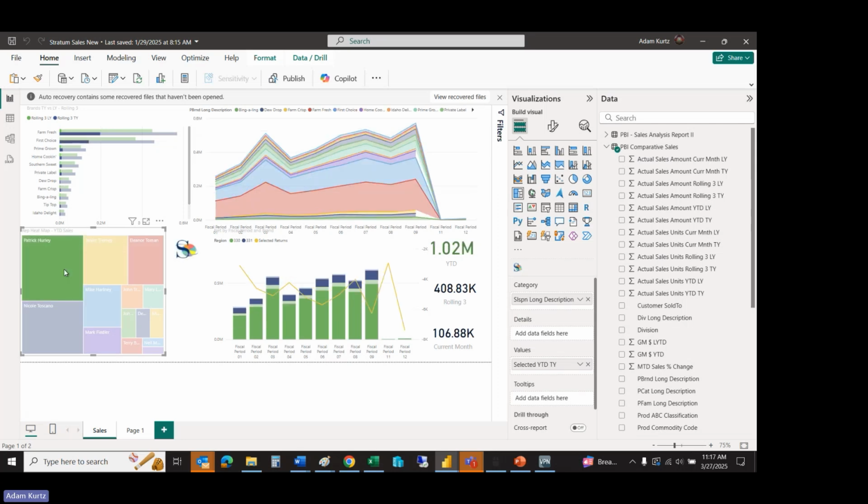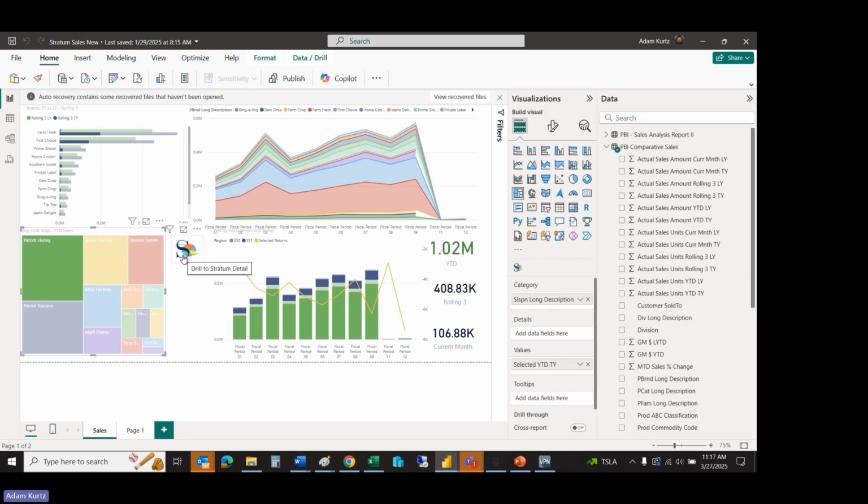So for instance, Patrick, I can see these numbers. I can see how he's doing up here from a product family or a brand perspective, but maybe I want to see what his business looks like at a customer sold-to or ship-to level, or drill to product. See what the products are under each one of these brands, Farm Fresh, First Choice. How is he doing? If you notice, I've got a little drill through button